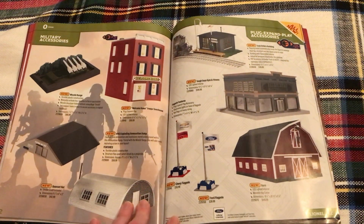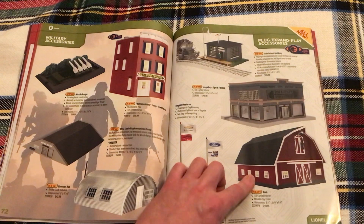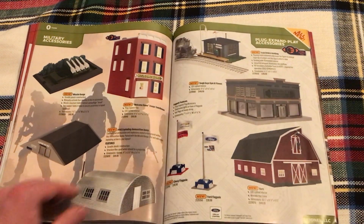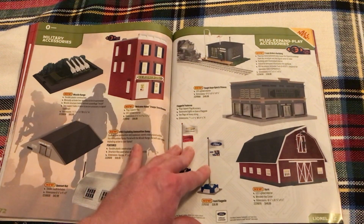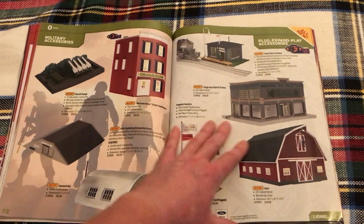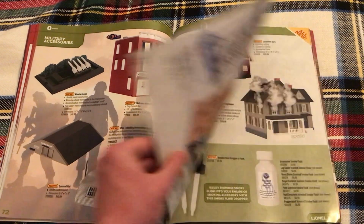And here we get into the buildings. So here is some more of the MTH tooling right here. The barn and... what is that? Tough Bay Gym and Fitness. So, got some of those. Those are really cool. The barn, I'm not sure if...